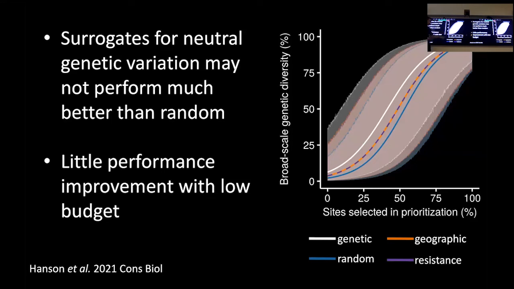What's really interesting is that in conservation we have very limited budgets, which means we're often not dealing with situations over here on this side of the axis, we're over here, where we've only got a few sites that we can look at. We can see the difference between the blue line and the orange line is very similar, so you might not do much better than random. You'd like to do better than slightly above random, I hope. So what this means is genetic data can provide exceptional value in certain situations where these other surrogate variables don't hold up. The caveat is that you don't know that unless you actually have the genetic data.